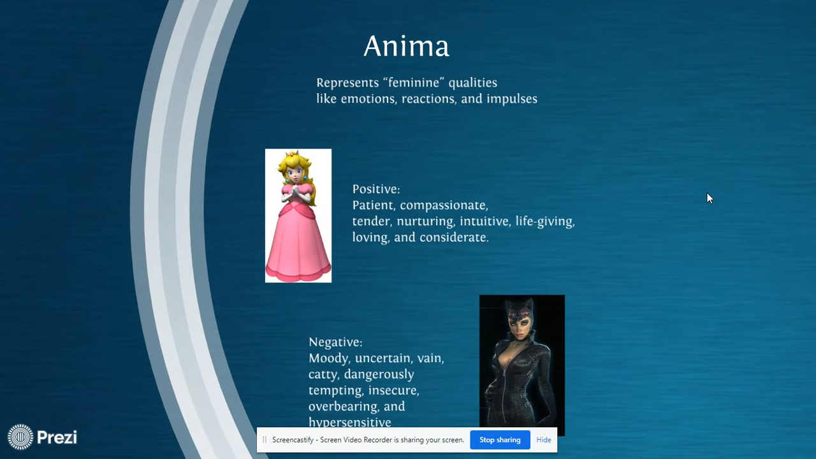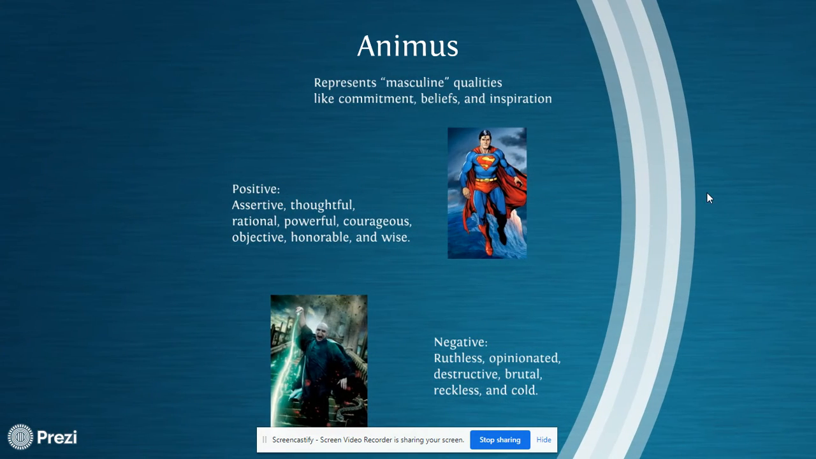So anima qualities like emotions, reactions, and impulses could be someone that's patient or compassionate or considerate, while some negative traits could be someone who's vain or moody or very hypersensitive. In terms of animus, which focuses on commitment, beliefs, and inspiration, something positive could be assertive or thoughtful or honorable, whereas some negative animus could be someone that's ruthless,